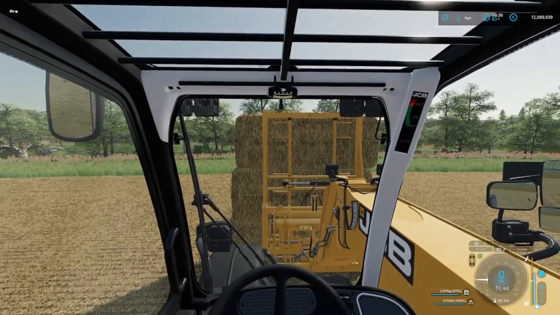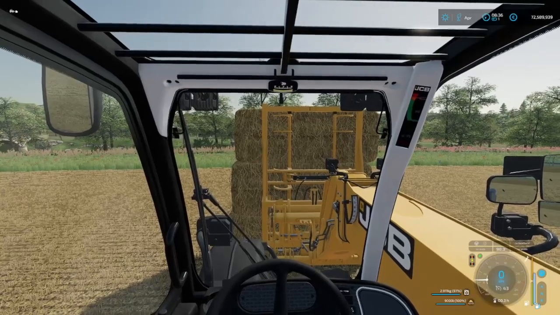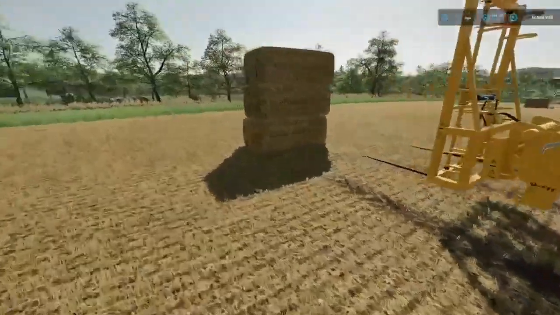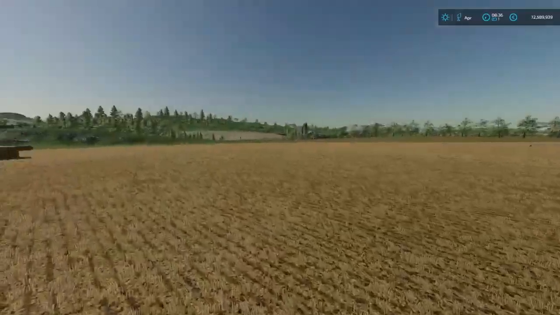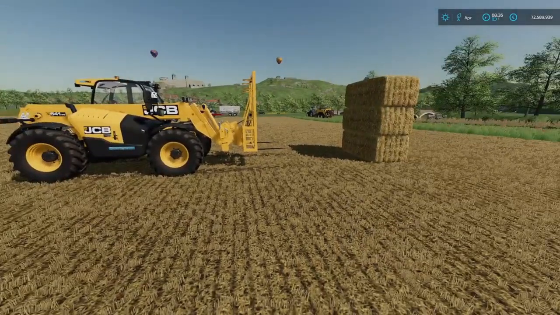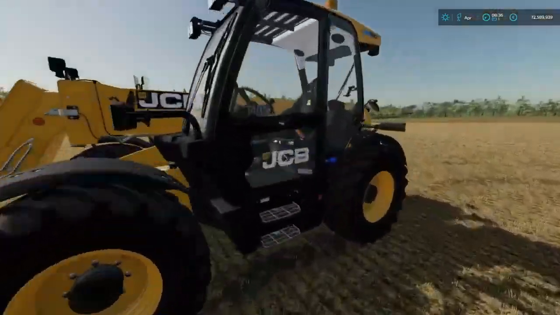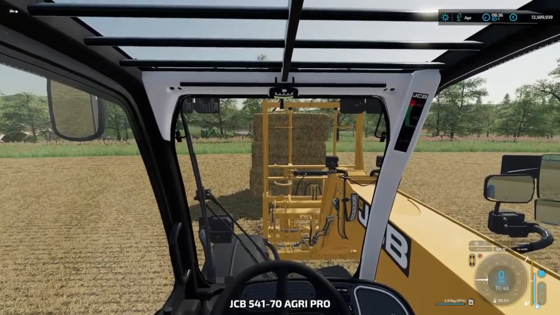Now I could leave. I don't even have to grab. Let me see what I'm trying to say here. I could have left them like so, and then go and stack 3 others, and then 3 others there, and then 3 others there. That's one method. Another method, especially if the field is not too big, like I just did, once you've grabbed them,